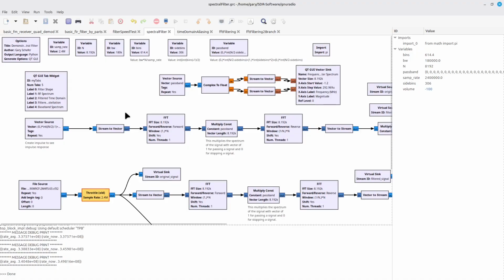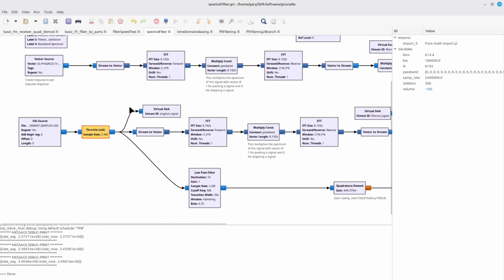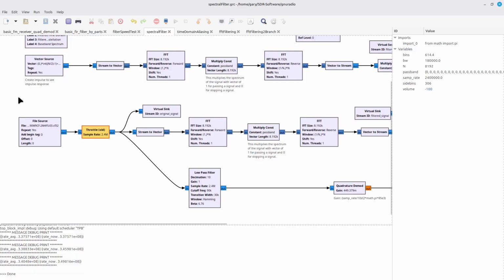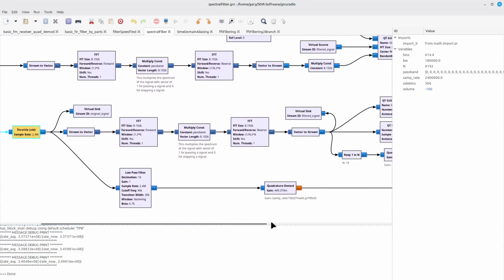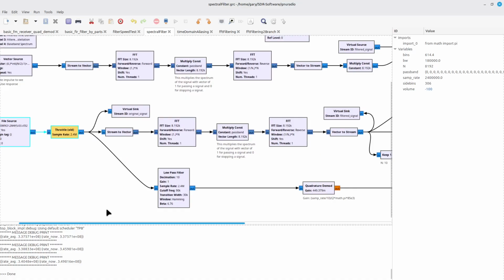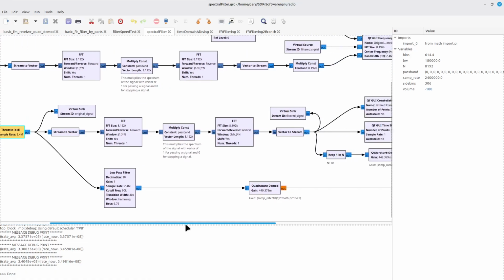I recognize that this is a very complicated looking flow graph, and the reason is I'm trying to do comparisons between different aspects of it. The important part is down here on the bottom. Instead of using an RTL SDR this time, I'm just using a file source so that when I hit go, it goes much faster and I don't have to wait for the RTL SDR to get booted up. Think of what I have here on the bottom as my radio.